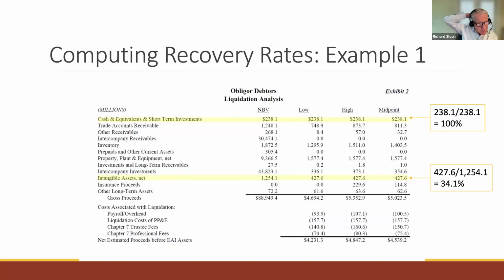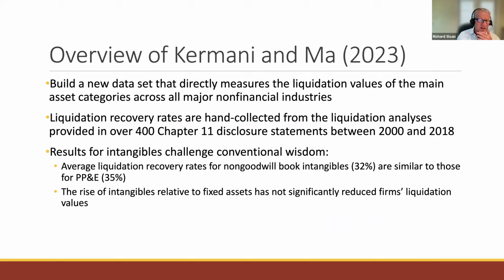Now, me and Carmen initially were interested in using their database, which they make public. Our initial idea was to redo a Bergstahler Ditchev type analysis, but use this more granular data to get a better idea of the liquidation recovery rates, the adaptation value, if you like. But we got tied up on their results for intangibles. I should emphasize they have a number of important results in the paper, some really interesting results relating to PP&E and tests of asset specificity as they relate to PP&E, which they can do with their data. But one of the results they emphasize is this result for intangibles, which is obviously of interest given the rise of investment in intangibles. And that's that the average liquidation recovery rates for intangibles, they got 32%,